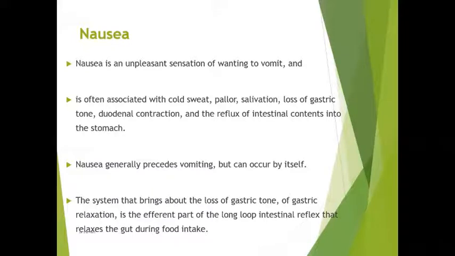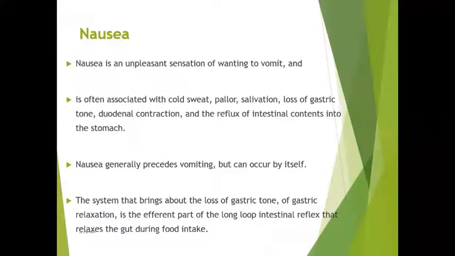There will be loss of gastric tone. There will be duodenal contractions, then the reflux of intestinal content into the stomach. So the intestinal content is now moving back into the stomach. Then nausea is followed by vomiting. So after nausea, you have wrenching, then vomiting itself, where you'll be able to see the vomitus coming outside